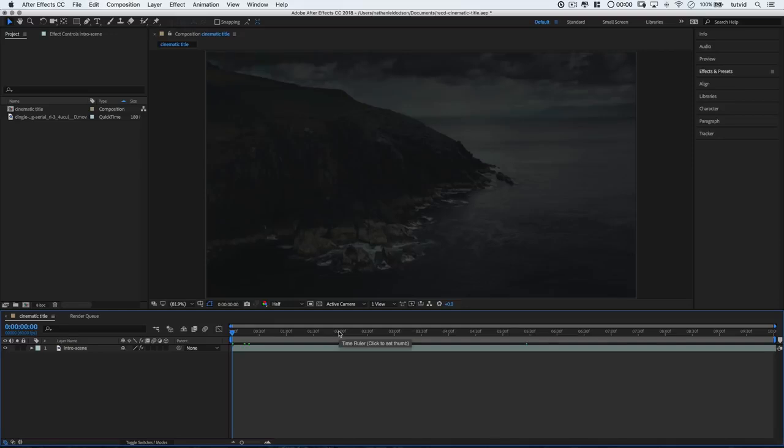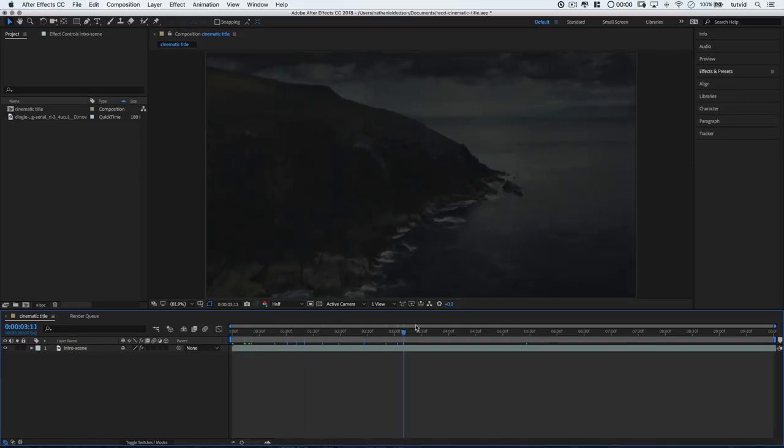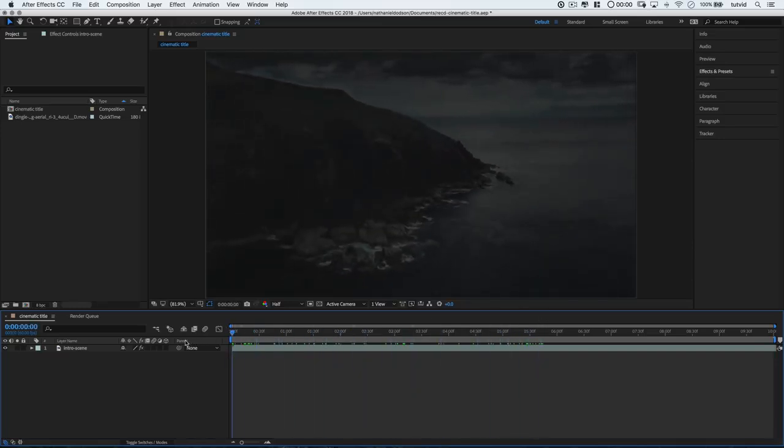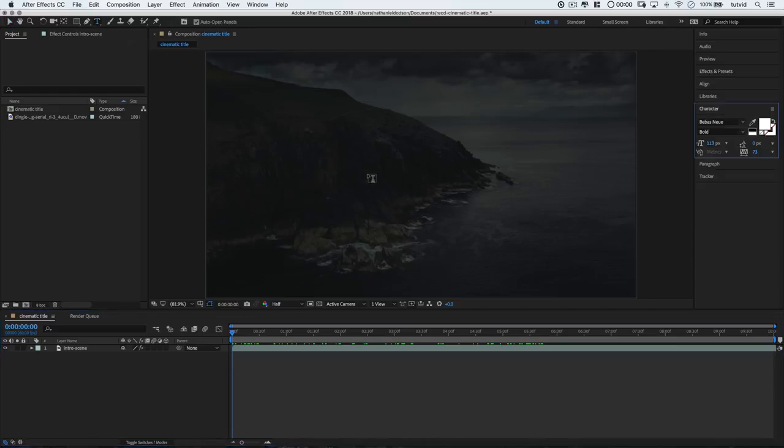Well, okay, here we are in Adobe After Effects. I've got the piece of aerial footage here that is going to serve as the intro for our little film about, I don't know, Ireland or something. And we need to add our little title to this that's going to work with this super moody looking aerial shot that we've got. So I'm going to kick this thing off by grabbing my text tool,